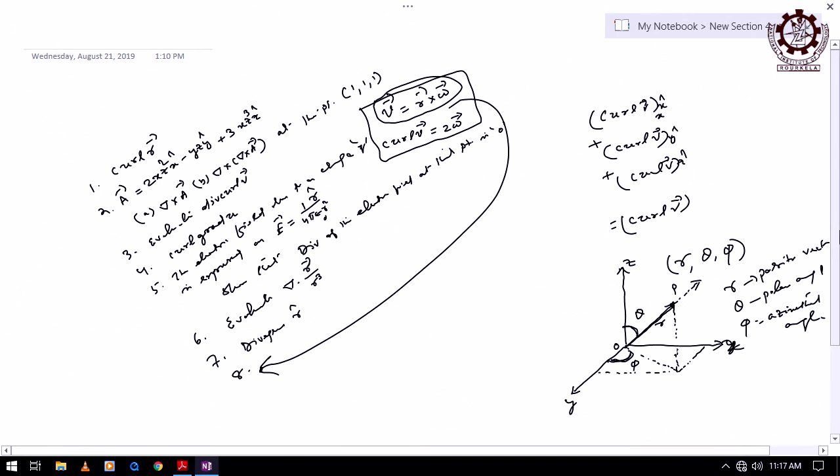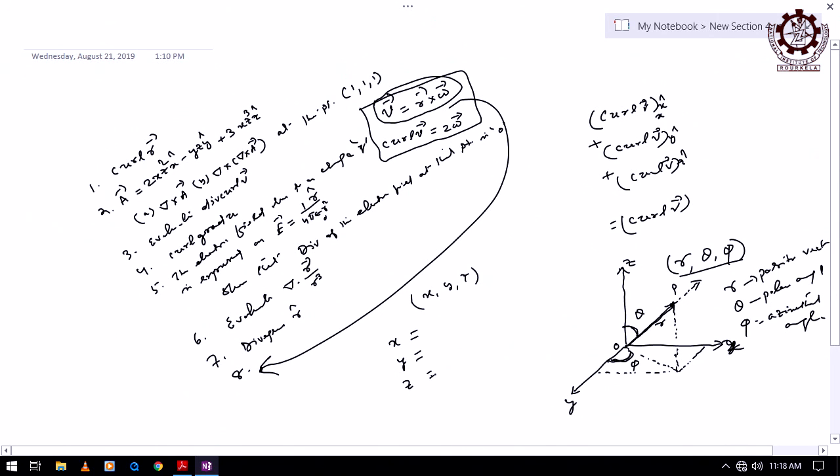So, now the question is, if you know about these three coordinates x, y, z for the same point P, the point P can be represented by three Cartesian coordinates x, y and z also, right. But now you have to represent the same point in terms of polar coordinates r, theta and phi. Then there should be some relation between x, y, z and r, theta, phi, right. So, what is the relation for x, for y and for z? How can you represent them in terms of polar coordinates?